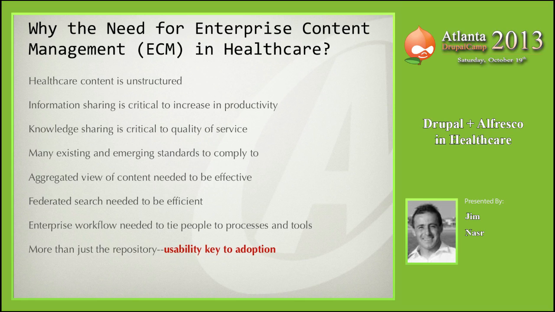And then last but not least, and I think this is where hopefully it's back to our audience here, it's not just the back end. The back end is really the plumbing. The thing that makes it useful is the usability, right? And what we've seen with enterprise content management is that the single most important factor in adoption is usability. You could have all the features in the world, you could have the most open system. If it's not usable, nobody will use it, therefore it's a failure. So, and that's where I think Drupal comes in, right? That's where the whole Drupal angle is very, very important because that is a product you can use for consumer consumption, make it easy to use, use responsive design, do native apps on various mobile devices, make that content usable.